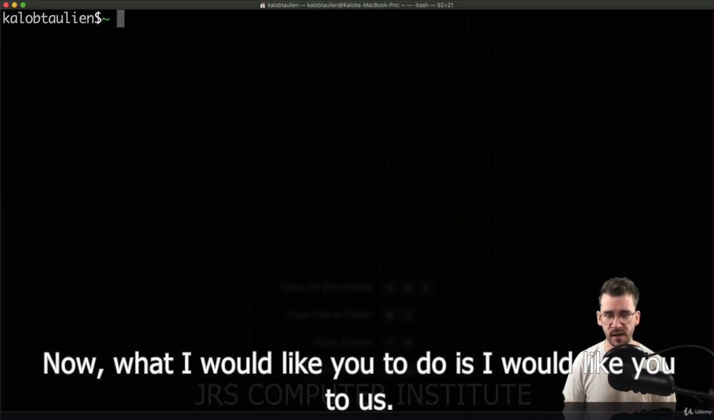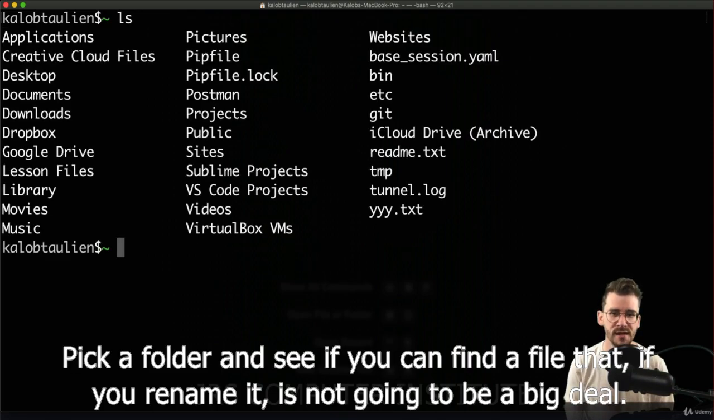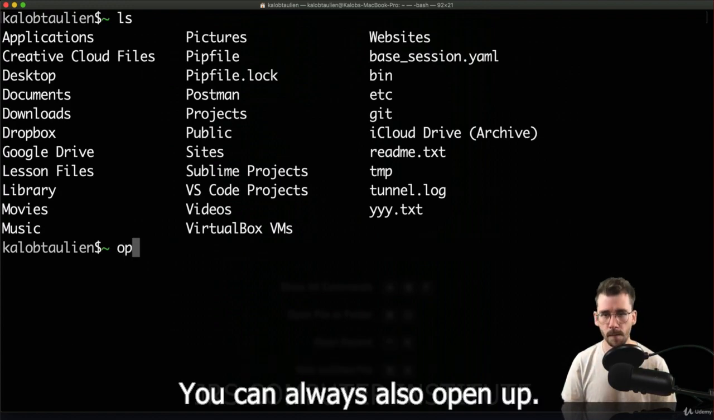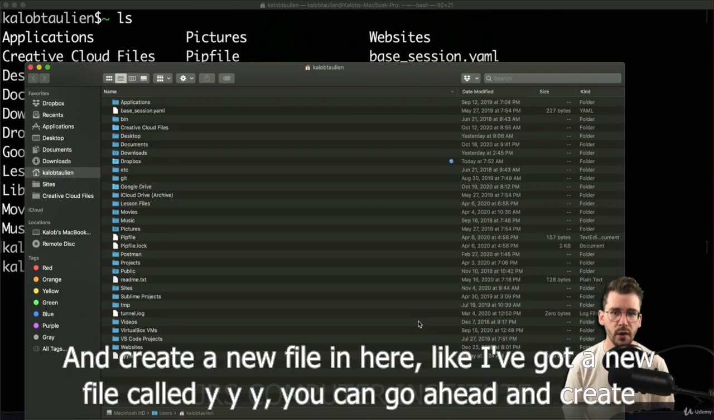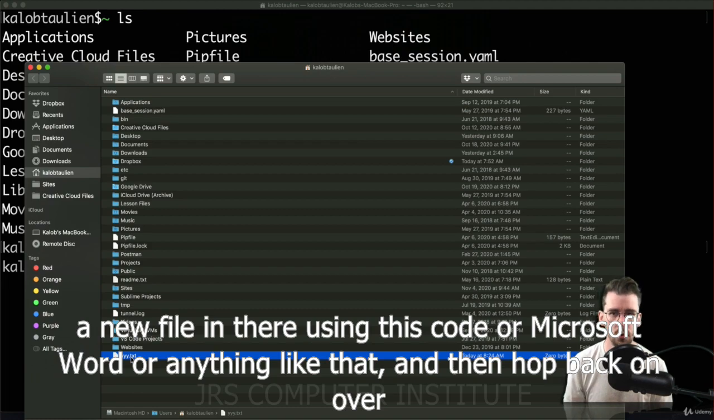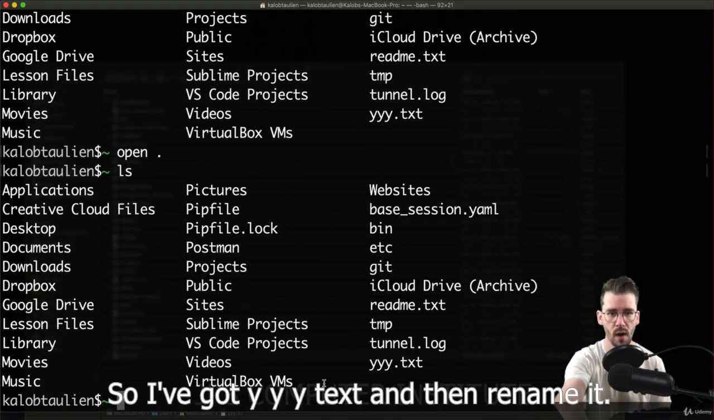Now what I would like you to do is ls, pick a folder, and see if you can find a file that if you rename it, it's not going to be a big deal. You can always also open up your Finder and create a new file in here. Like I've got a new file called yyy.txt. You can go ahead and create a new file in there using VS Code or Microsoft Word or anything like that, and then hop back on over to your command line. Make sure you find that file. So I've got yyy.txt